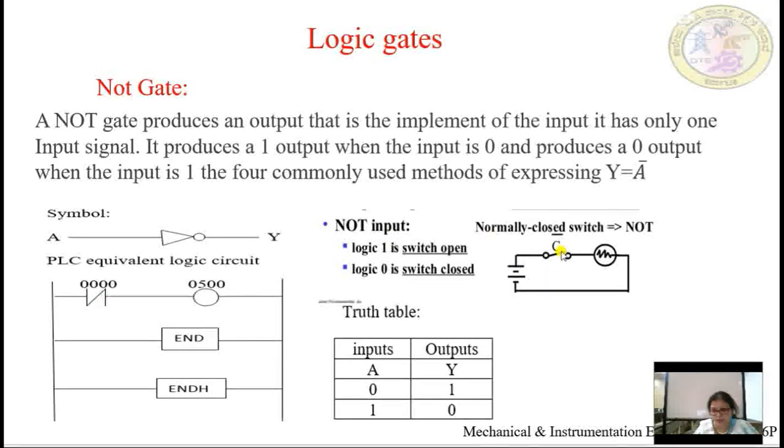That is a normally closed switch. Here, unless I activate it, the output status will be the opposite of the input status. That is, when I run it in PLC programming without activating it, the output status will be 0, because here it is a closed switch. When I activate it, the output status will be the opposite state of the input.